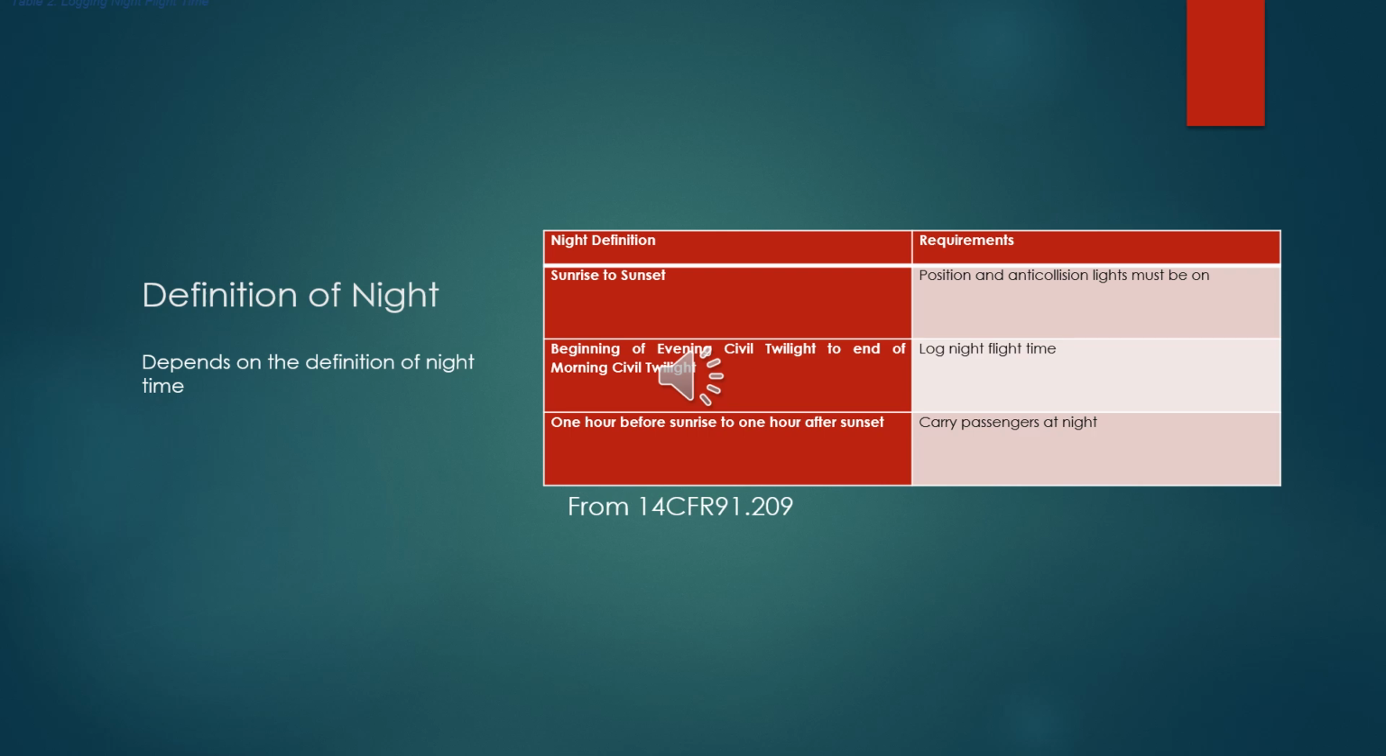So from sunrise to sunset, we've got to have our position and anti-collision lights on. From the beginning of evening civil twilight to the end of morning civil twilight, so get out the trusty website, look up when evening civil twilight occurs and when morning civil twilight occurs. We'll look at that a little bit in a few minutes, but we can log our night flight time. We can log our flight time as nighttime from the beginning of evening civil twilight to the end of morning civil twilight. 1 hour after sunset to 1 hour before sunrise is when we can carry passengers at night. This was adopted from 14 CFR